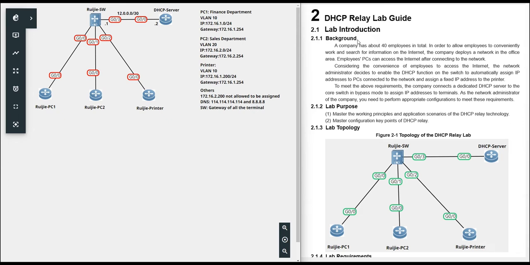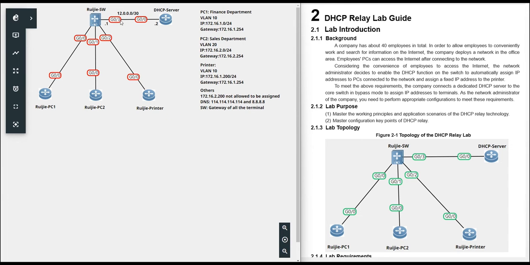And about this lab, the purpose, first, we want everyone to master the working principle and application scenario of DHCP relay, and also know the configuration key points of DHCP relay. And here is the topology. But different from the first DHCP lab, we add a router to become the DHCP server. And another thing, between the switch and the server, there is a layer 3 link,